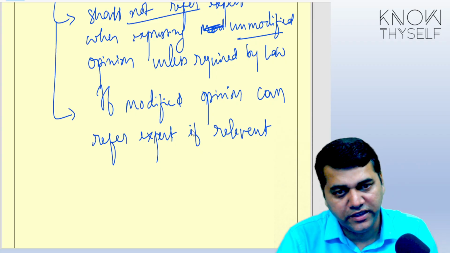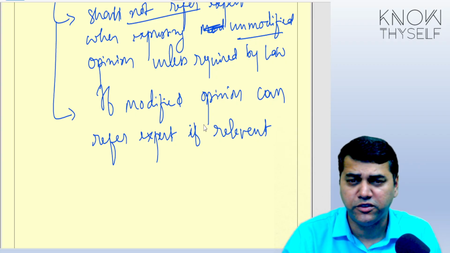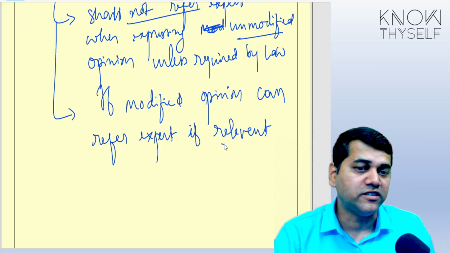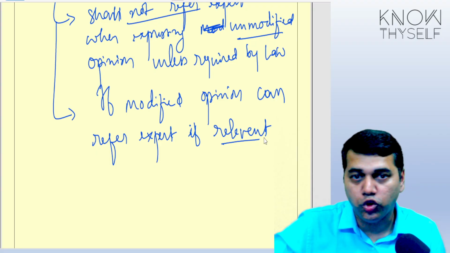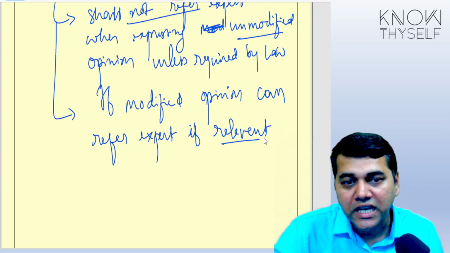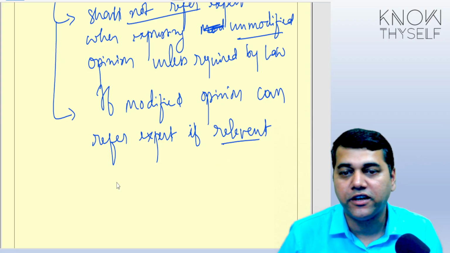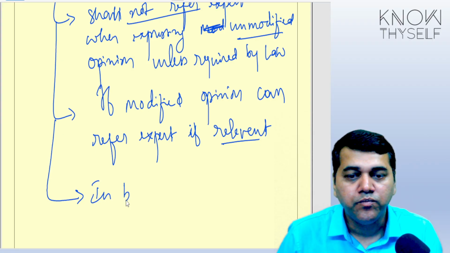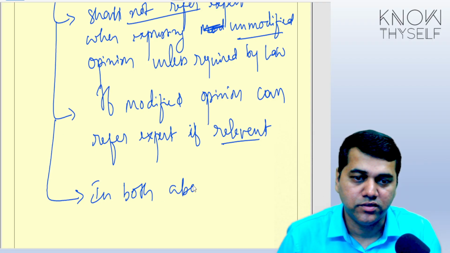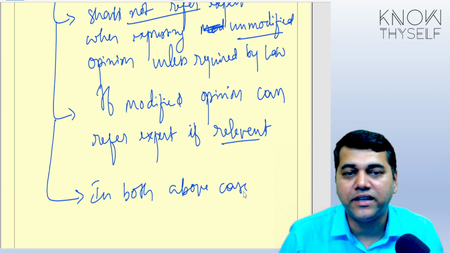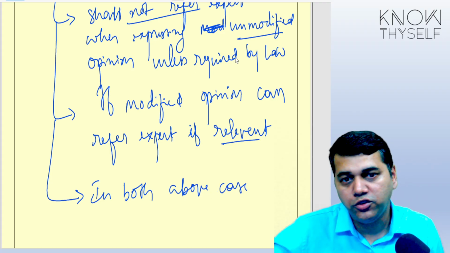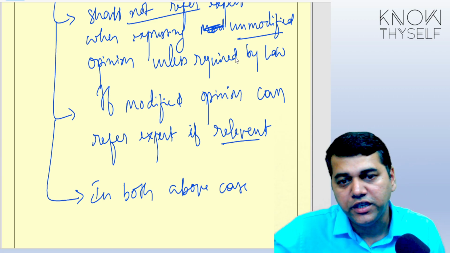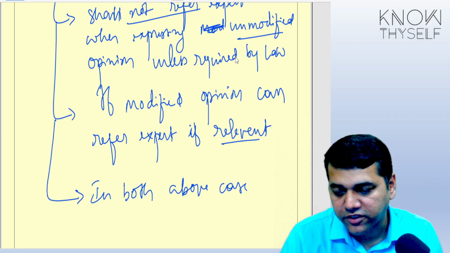And see, if you say that it is not proper, one question comes to everybody's mind, like how did this auditor know about it? Is he an expert? In such cases, since I am modifying because the expert told me, it may be much more relevant to tell that I relied on the work of an expert in this regard. However, in both above cases, when law requires, you quote that you relied on the work of an expert, or when you give modified opinion, you quote that you relied on the work of an expert.